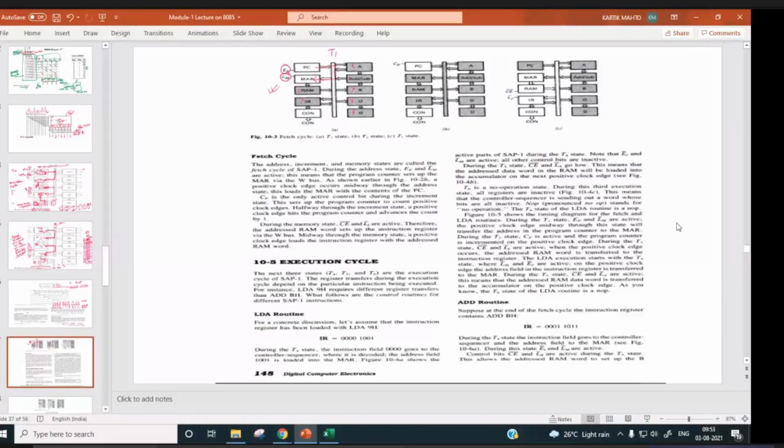During T2, right, all circuitry are inactive except program counter. So program counter is incremented by 1 over here during T2, right? During T3, what is happening?